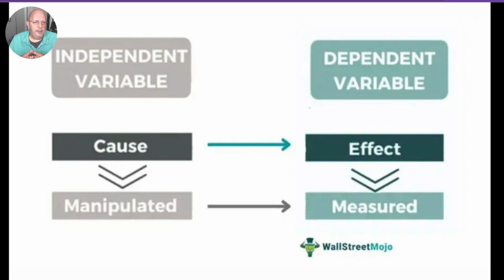Another way to think about independent and dependent variables is cause and effect. This is not through science, it's just through everything that we work on in business intelligence. The independent variable is the cause. Am I spending more money in marketing? Did I change the color of the paint? Obama ran a campaign where he changed his picture from a color picture to a black and white picture. The effect was, how much in donations did he get? The different pictures cause a difference in donations.